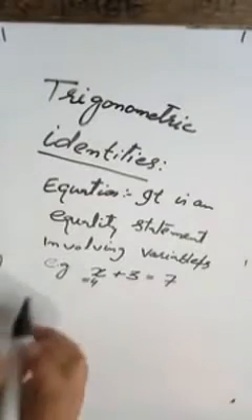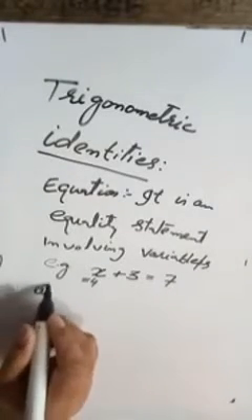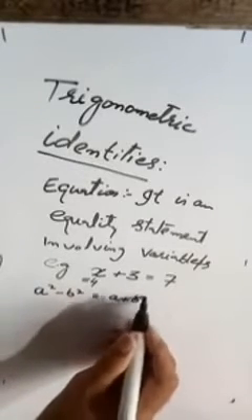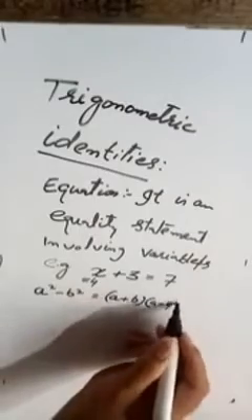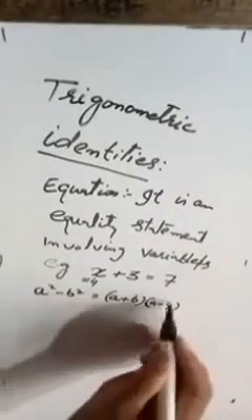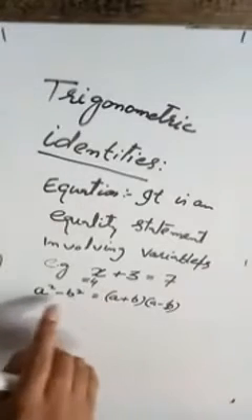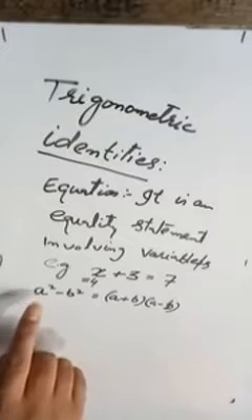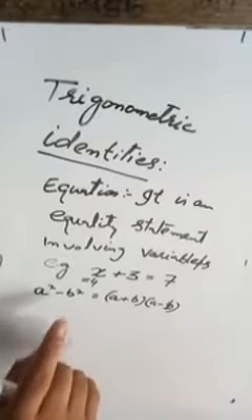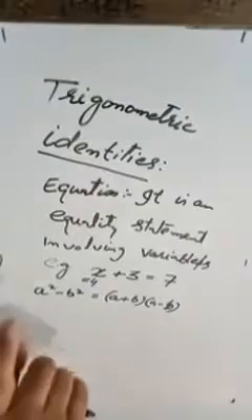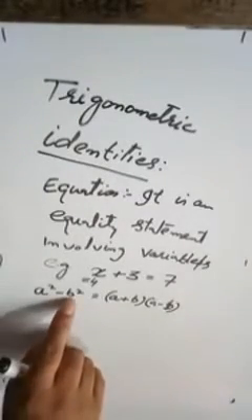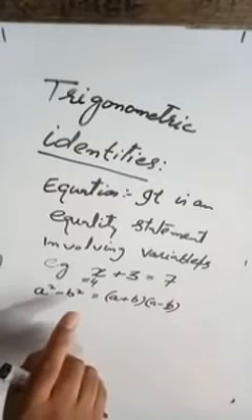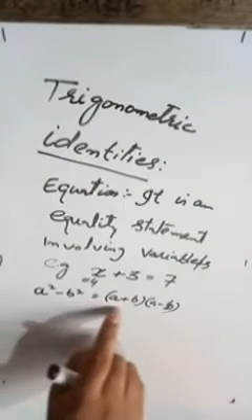But on the other hand, if I take the equation a square minus b square equals a plus b into a minus b, here are two variables a and b. This is the LHS, this is the RHS. If you substitute any value for a and b, any value of your own choice, whether rational or irrational, you can simply prove that for all the values of a and b, LHS will be equal to RHS.